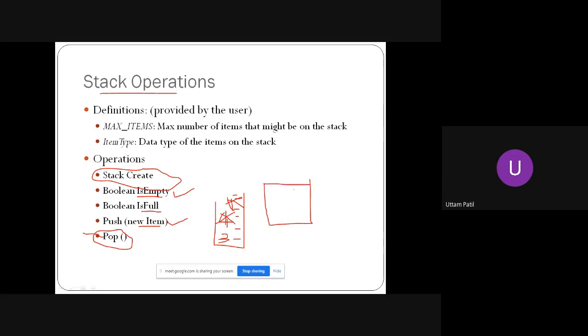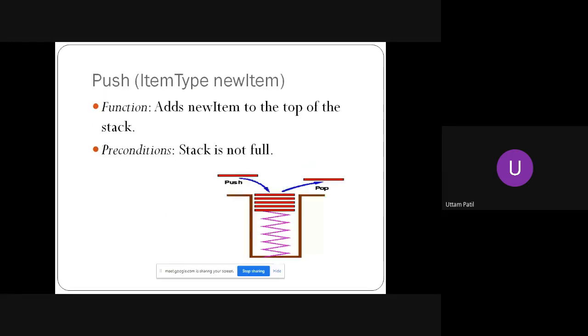So say if the stack size is 3, say this is your stack, this is your top end. Now I want to push something. So there should be a precondition, right? I think I have a special slide for it. We'll just check. So this is your push operation. What is the functionality of this push operation?